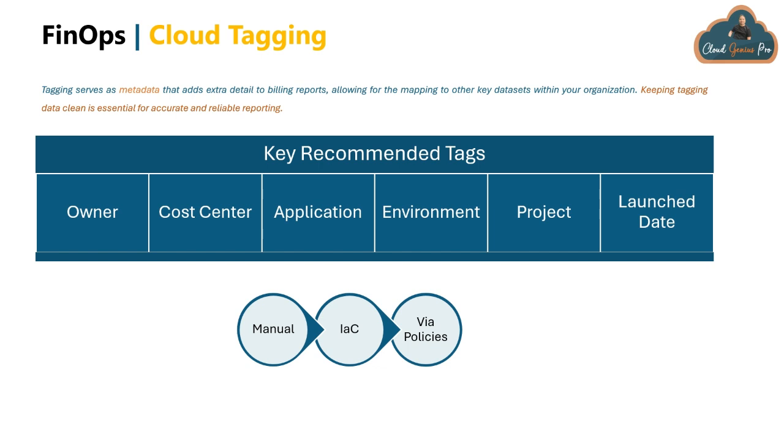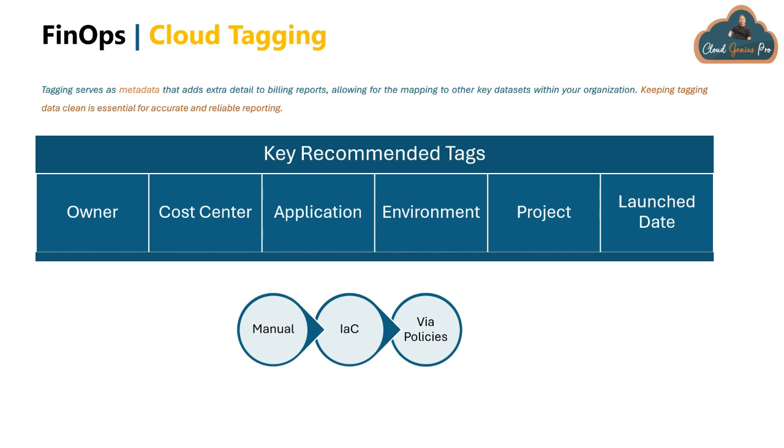So the standard way is infrastructure as code, where you use certain automation, so tag names and values are configured consistently. Then another more mature way is to have tagging via policies. Tag names can be configured via policies. As soon as you have policies in place, whenever you configure or provision any resource, it will automatically inherit the tag from the policy itself. So there is no chance of inconsistent tagging. Ultimately, via an automated way or via policies, you can have consistent tagging.